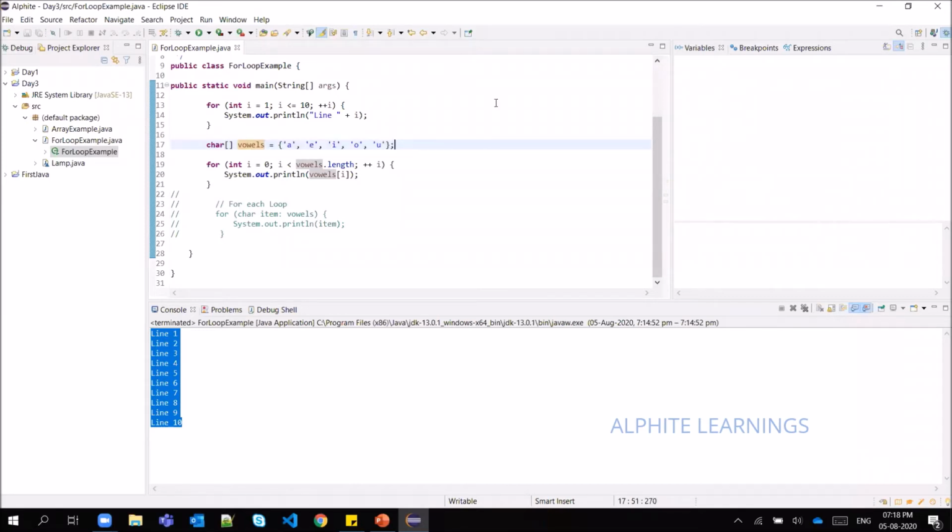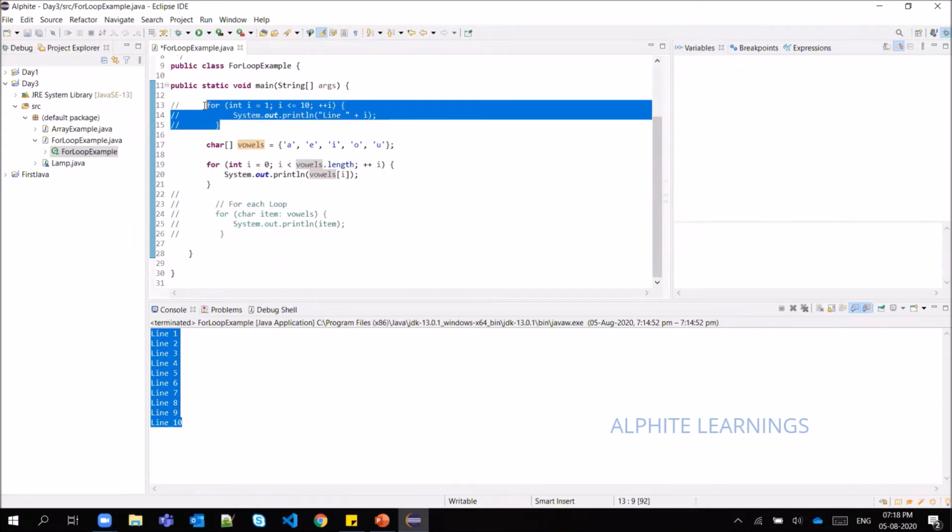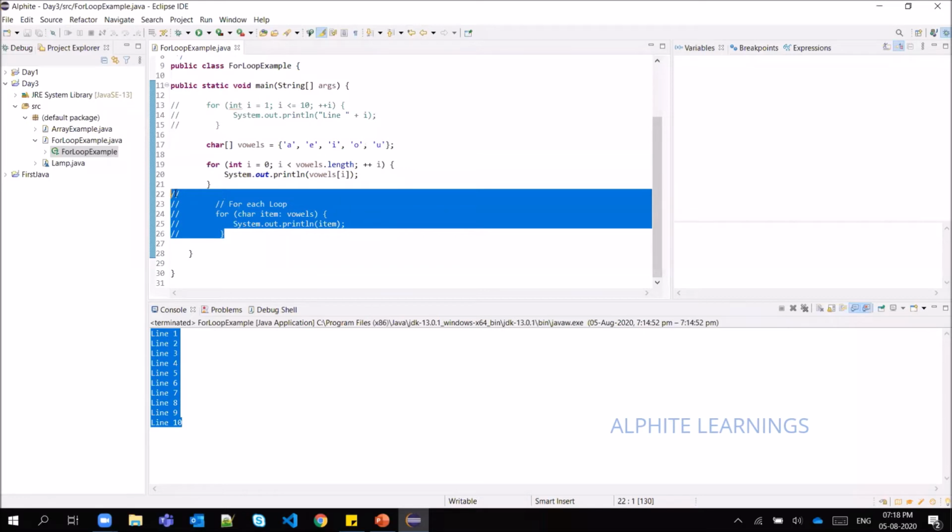Next, we can iterate this array. Instead of the value we deliberately declared as 10, we can just pass this, and print whatever elements are inside that array. The reason I have given this is that I don't want to explain the topic of arrays here.